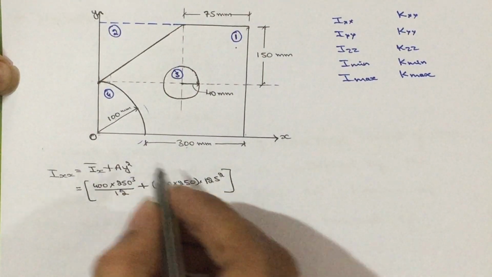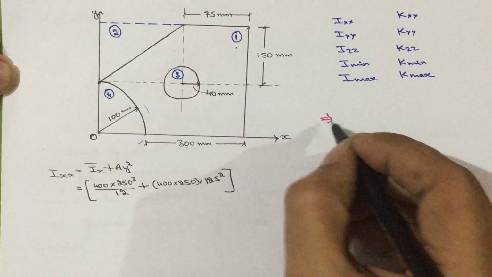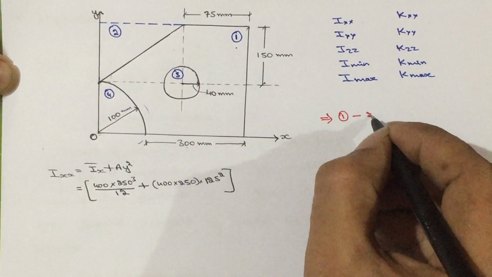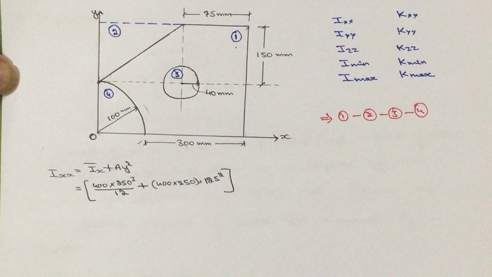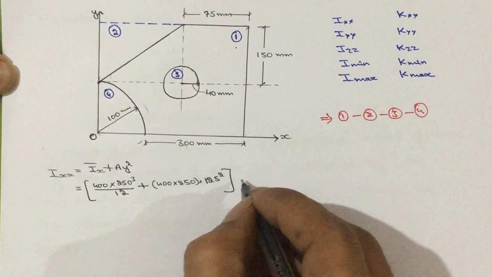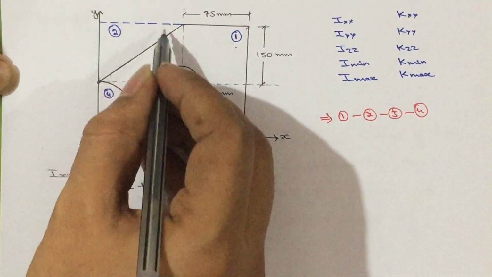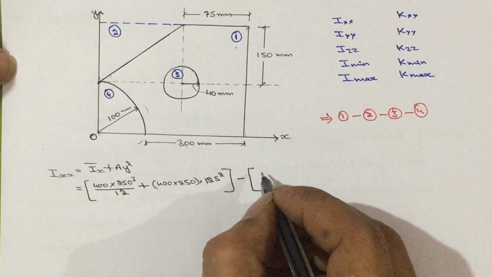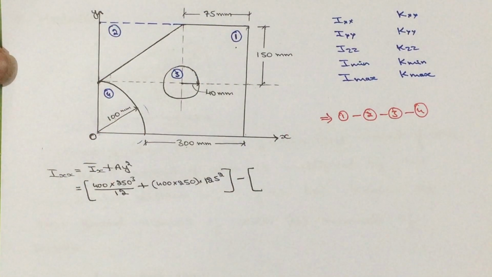Then, so equation I have not written, I will write the equation first. In order to get the moment of inertia, from 1 I need to deduct 2, then deduct 3, then deduct 4. So, 1 is over, then minus 2, minus. Second one is triangle. So, Ix bar is given by BH cube by 36. B is how much? From here to here. So, how much it is?